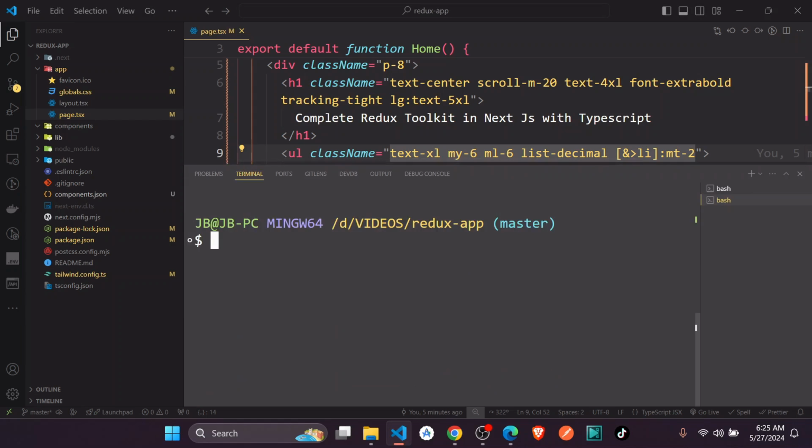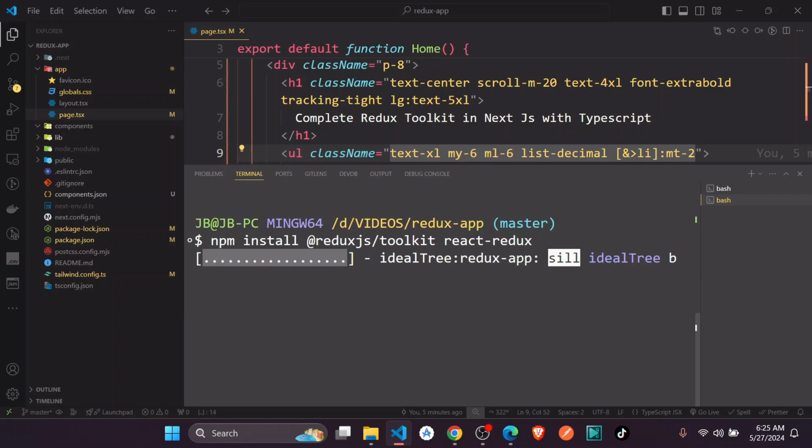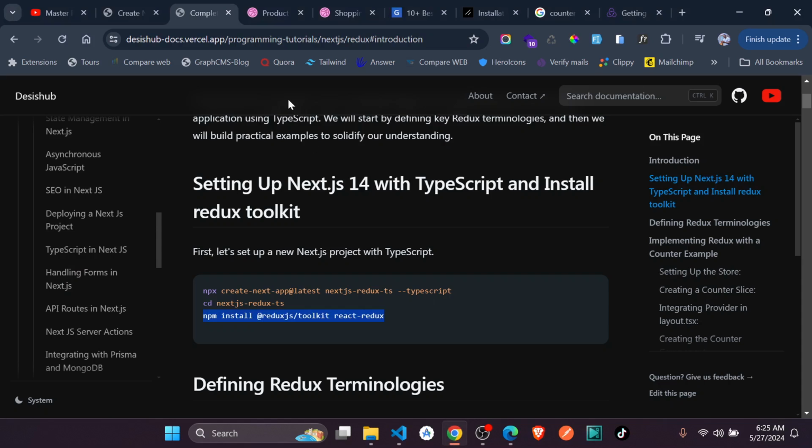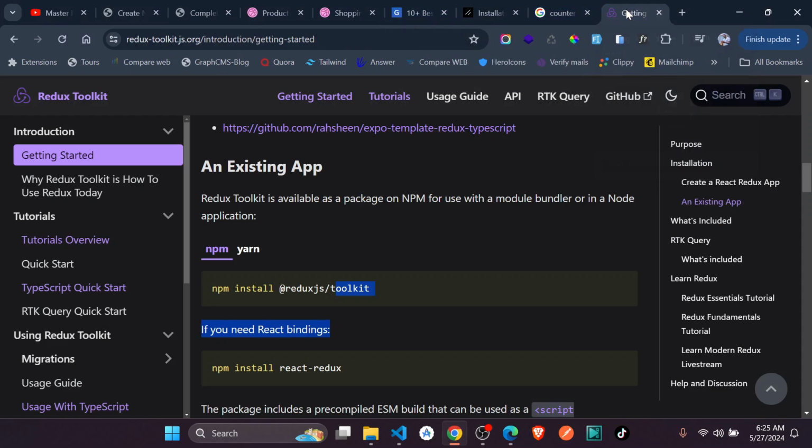So if I just go ahead and say npm install, I'm going to install these two, the Redux Toolkit and the React Redux. At first they used to have Redux, there is Redux itself alone, which was more complicated to implement. So they brought this Redux Toolkit, which was simplifying Redux. And if you just go here,